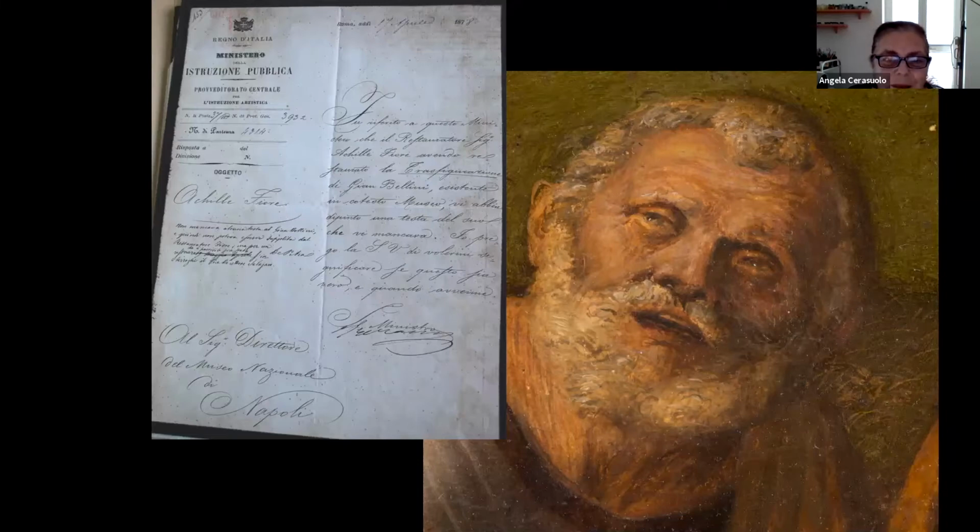And he says that among these important restorations, he had made again the face of Saint Peter in the Transfigurazione di Giovanni Bellini. He says he had supplied anew, made again, a damaged head. It was a very not good idea for him to talk about this, because